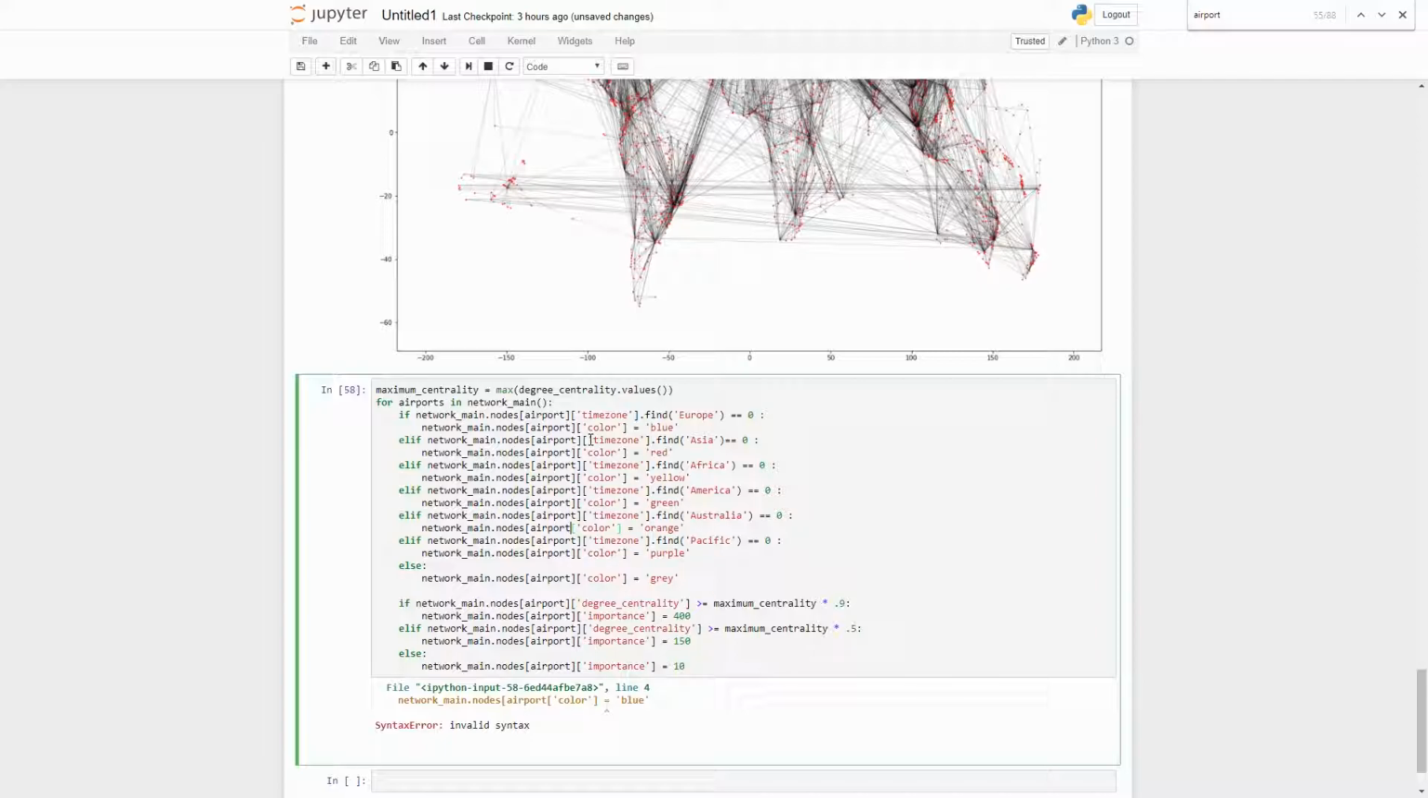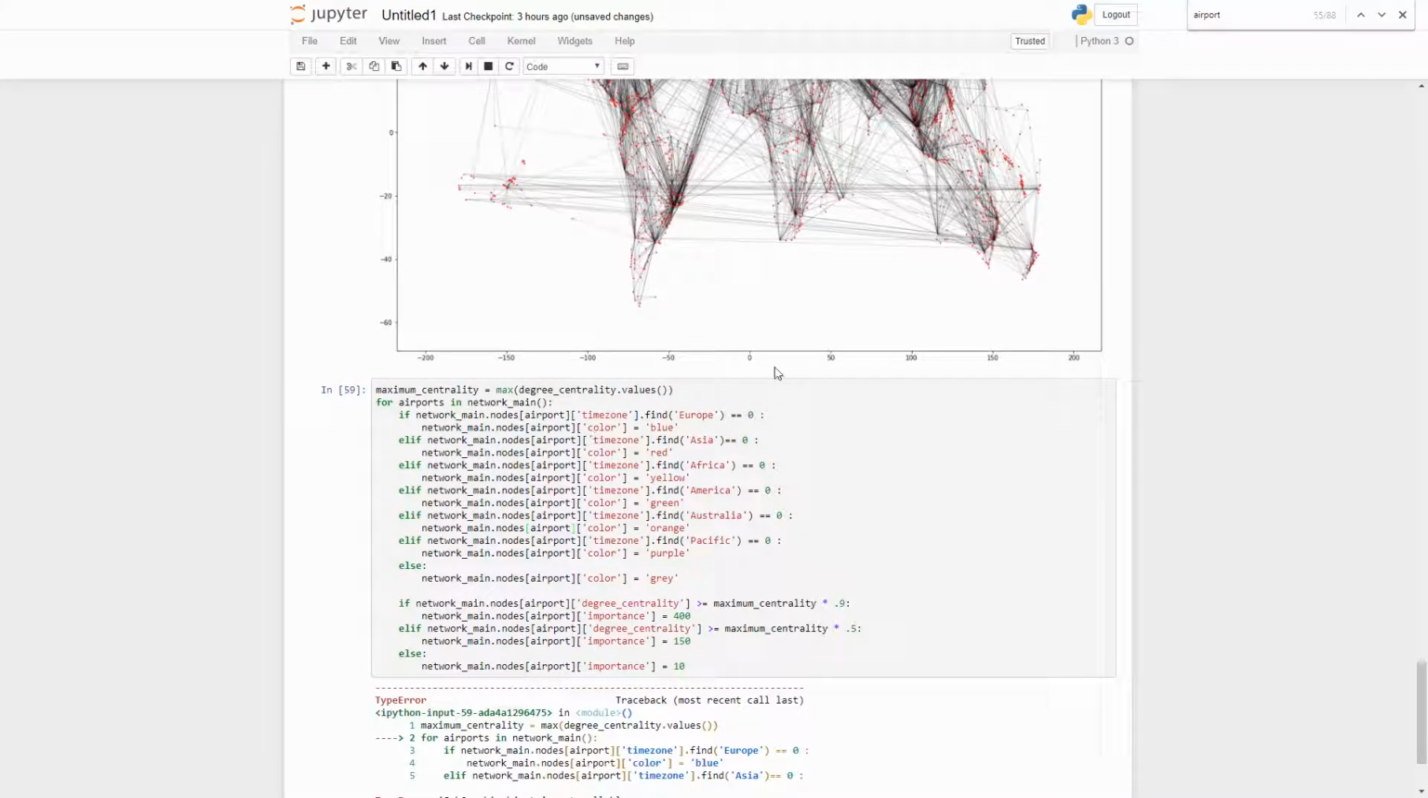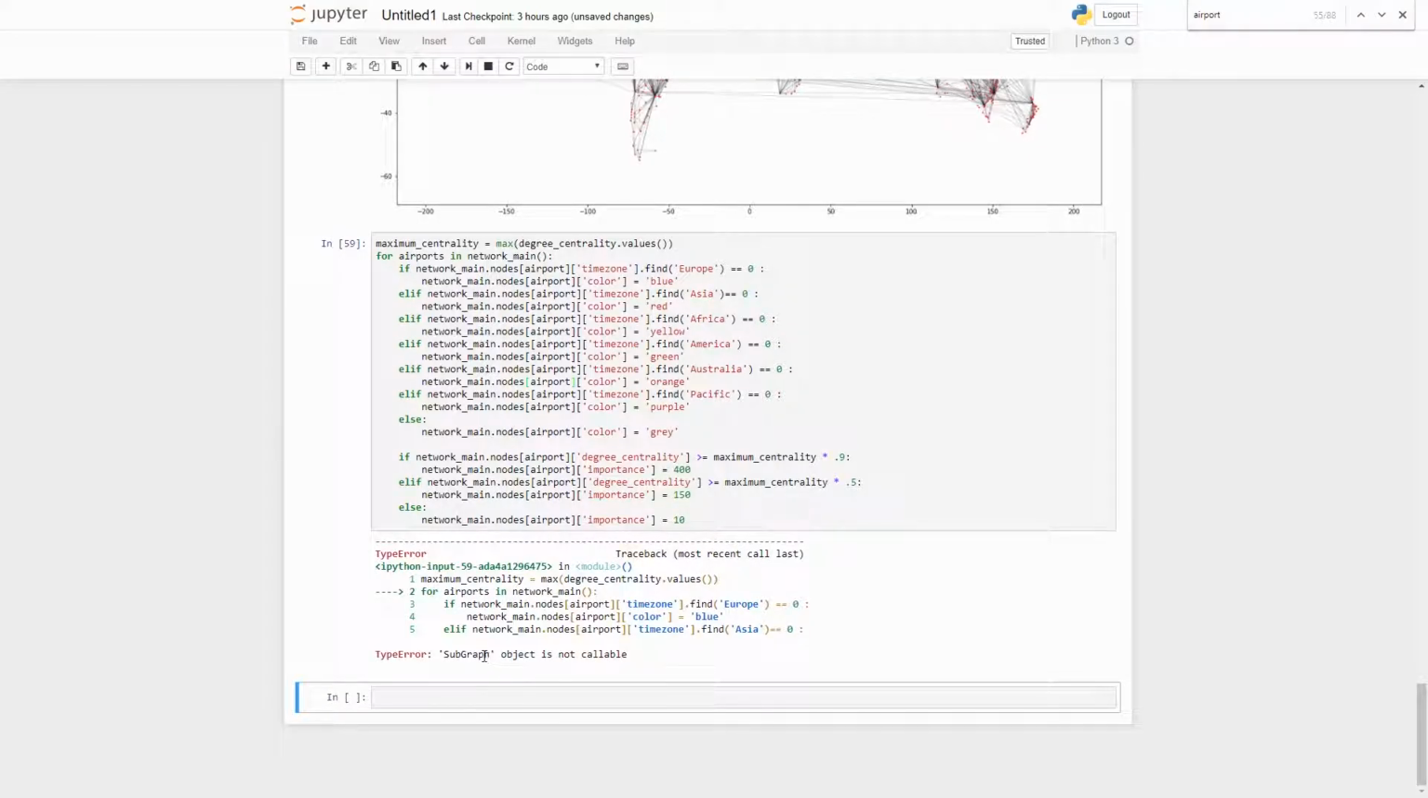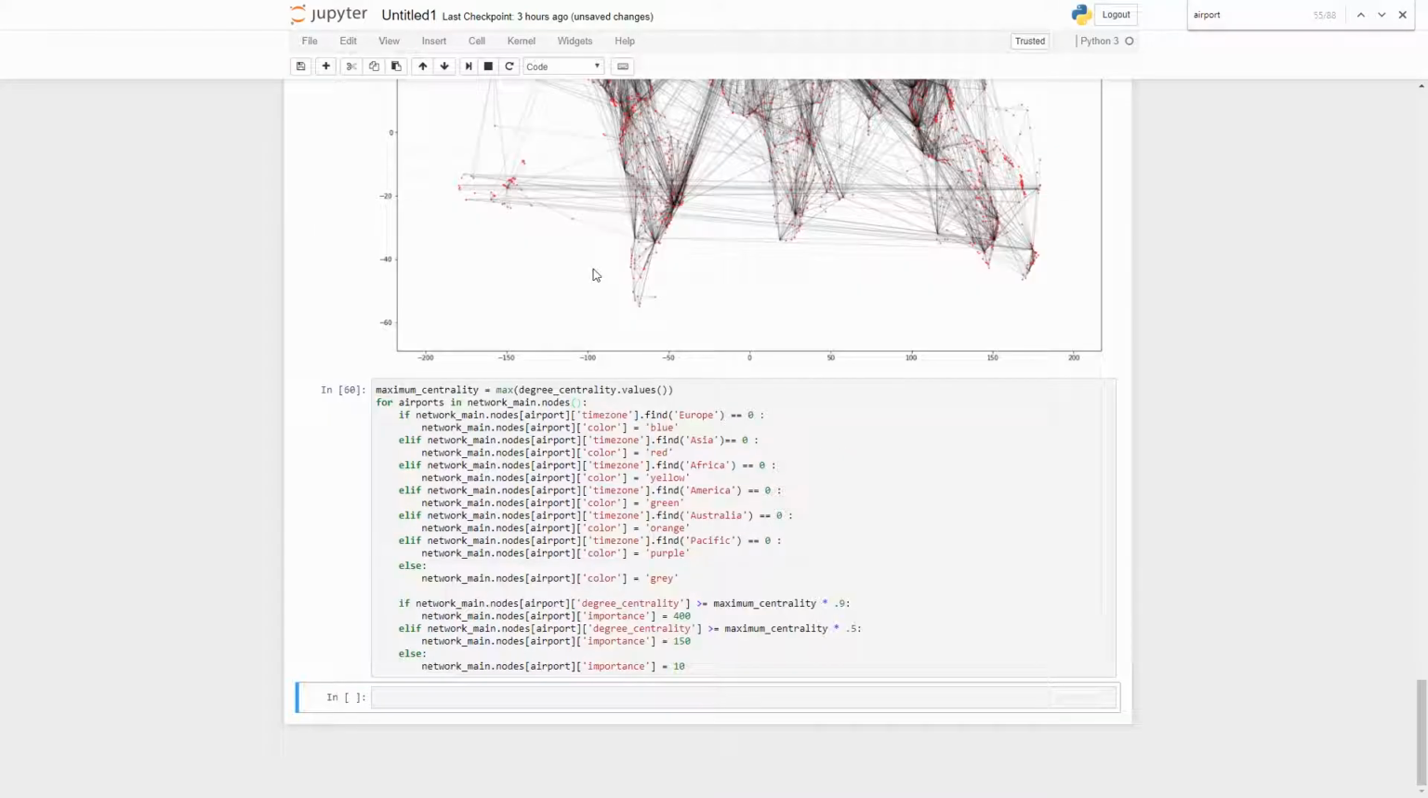Here, then we should be good. What is the problem? Subgraph airport is not callable. In here I forgot the nodes. You need the nodes in because that's what we're using. We're working with the nodes. .nodes. So now it's perfect. Everything is good. Now that we're done